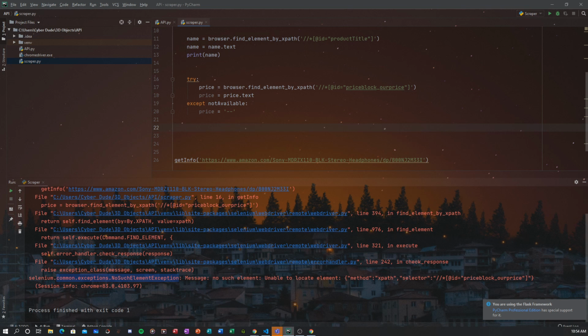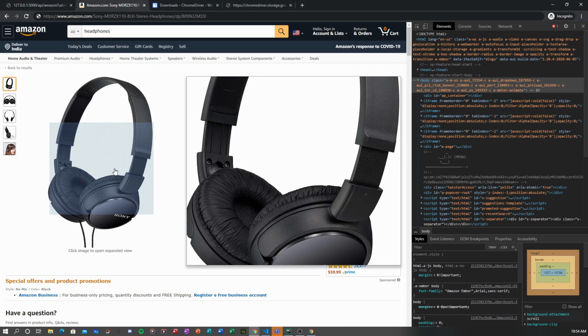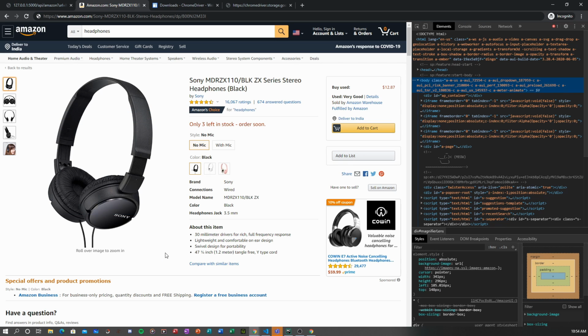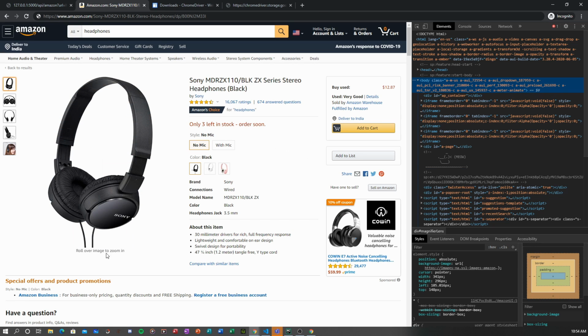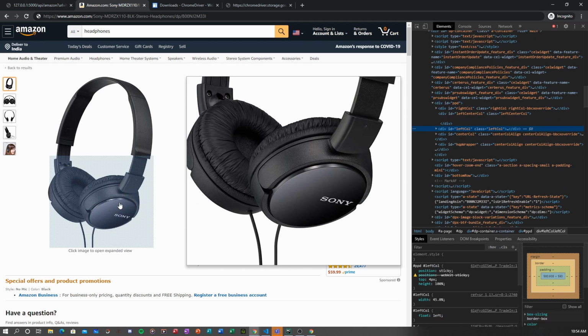So this is how we create the rest of them. For now, I'll just be showing you how to return just these two details, but on the GitHub repo, which I'll be putting up later, it'll have the code to get all the details. Also, to get a link to the image, it's a little different. You can't just right click and get the link to the image. So what you want to do is inspect,